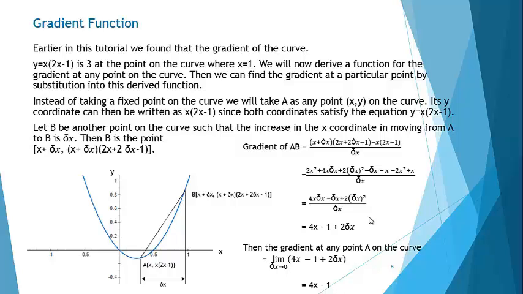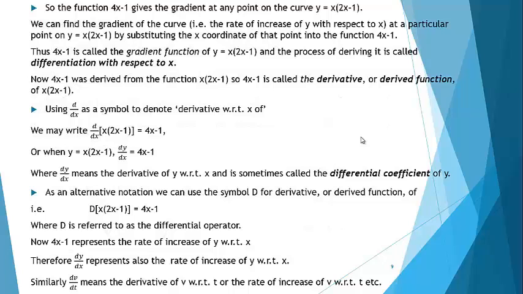Since Δx tends to 0 as B tends to A, we can find the gradient at any point A on the curve, which is the limit of 4x − 1 + 2Δx, where Δx tends to 0, and get the answer 4x − 1. So the function 4x − 1 gives the gradient at any point on the curve y = x(2x − 1). We can find the gradient of the curve, that is the rate of increase of y